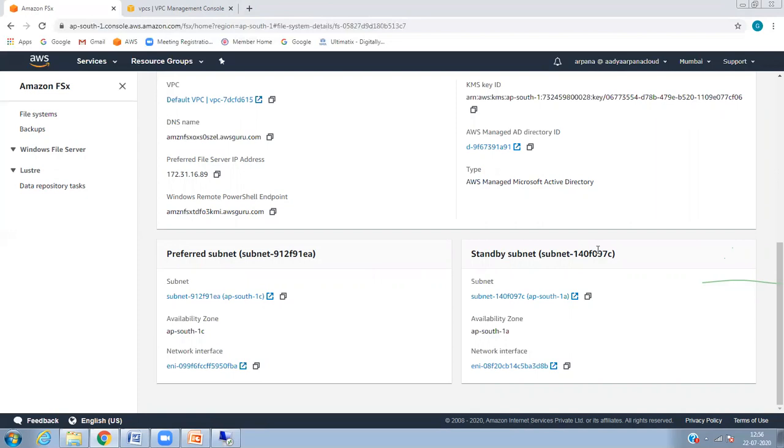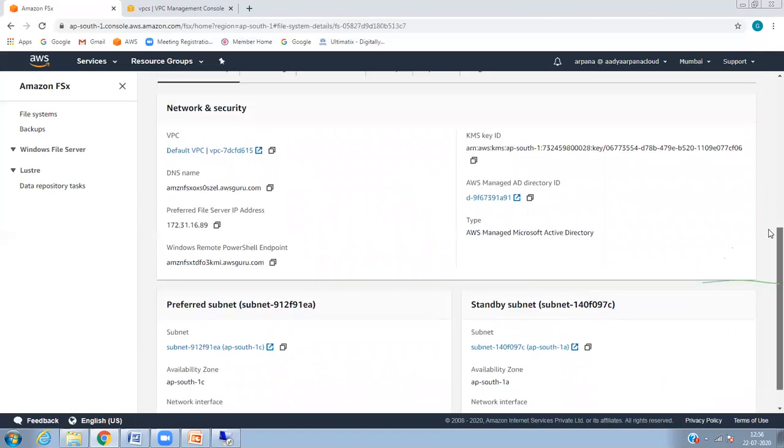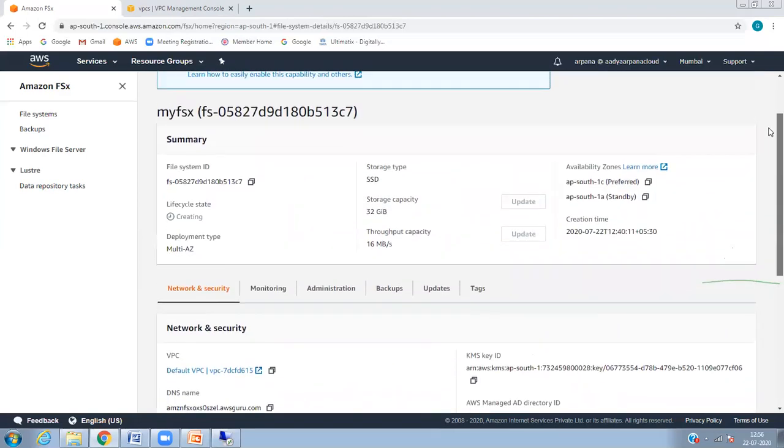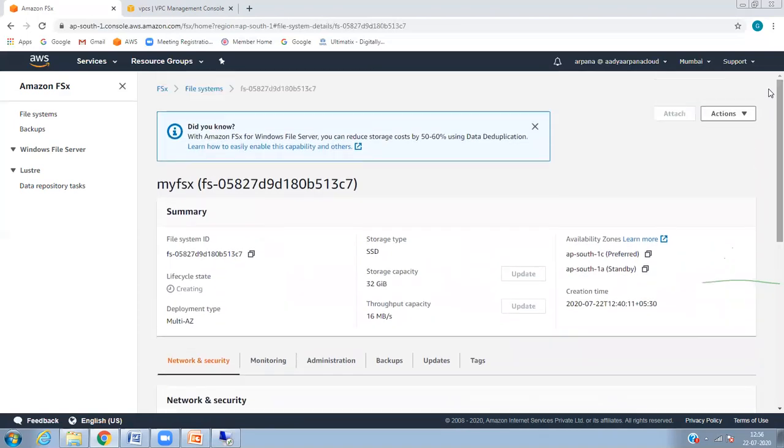Are you taking the share path using that DNS name, or which one? I need to attach, see, I need to get a drive letter. You got my point, right? Once I attach the file system only, I get a drive letter. I need to attach it to the Windows server.